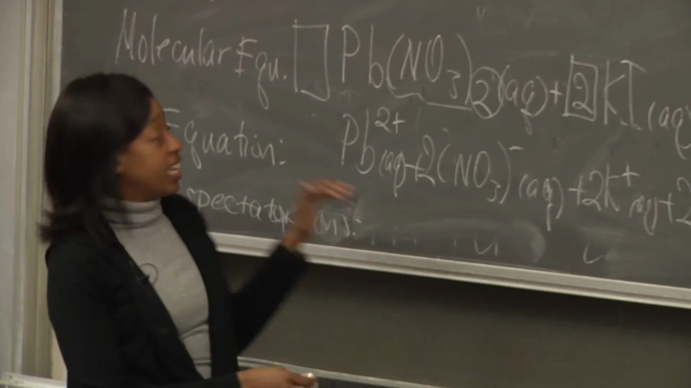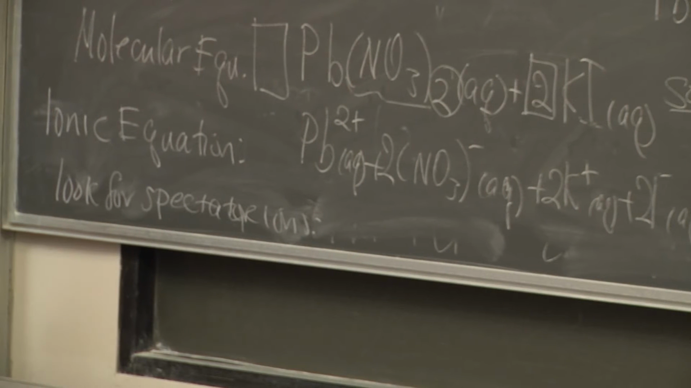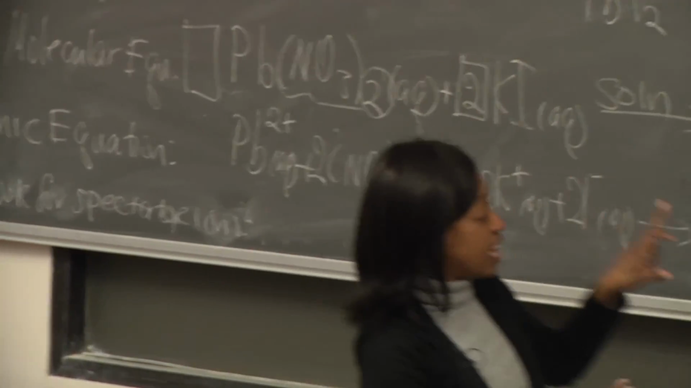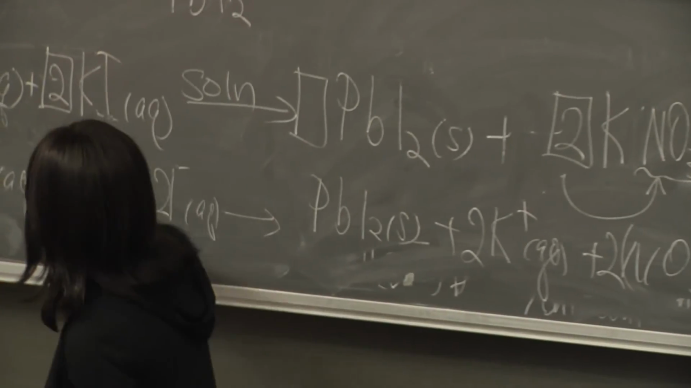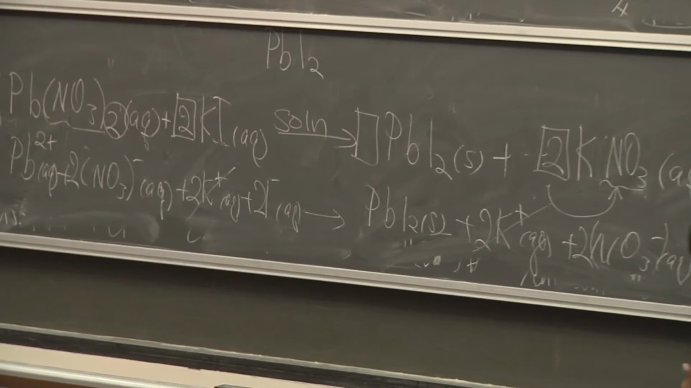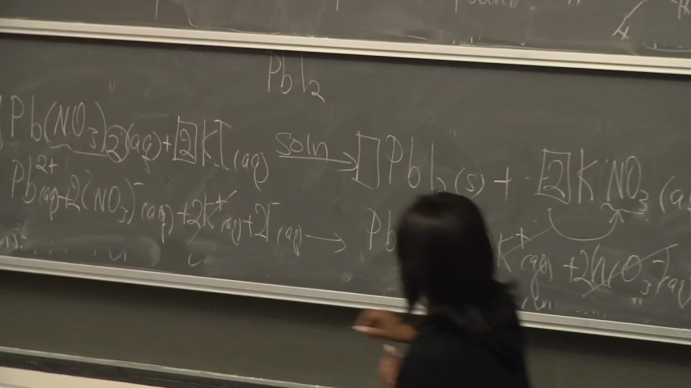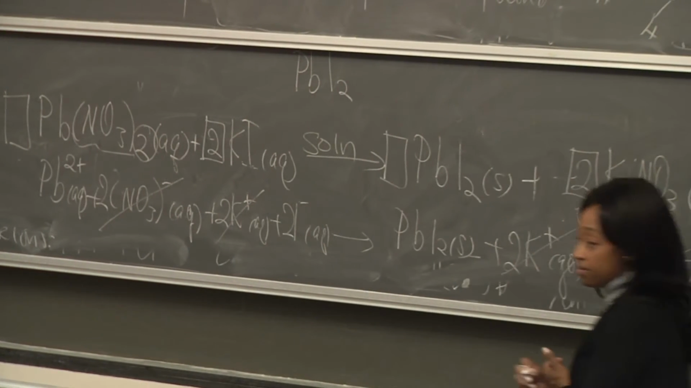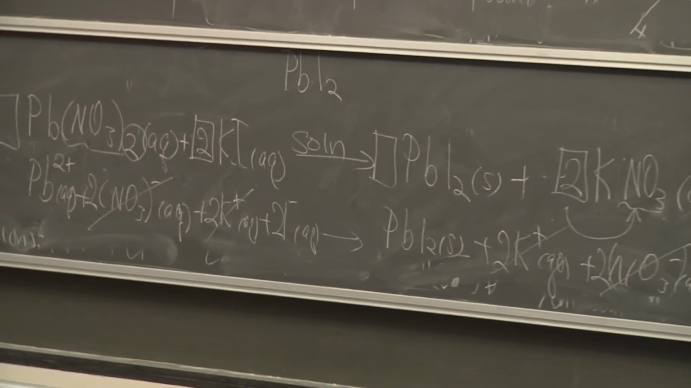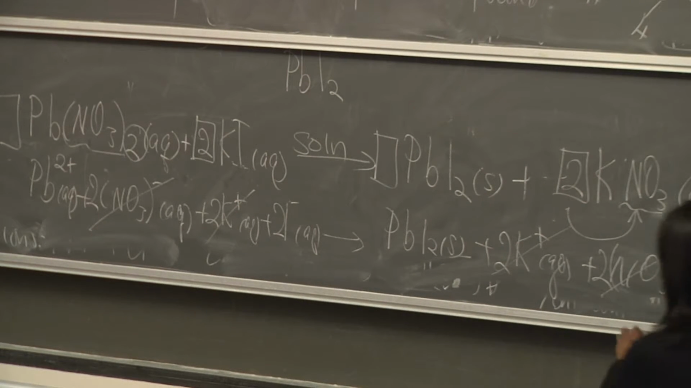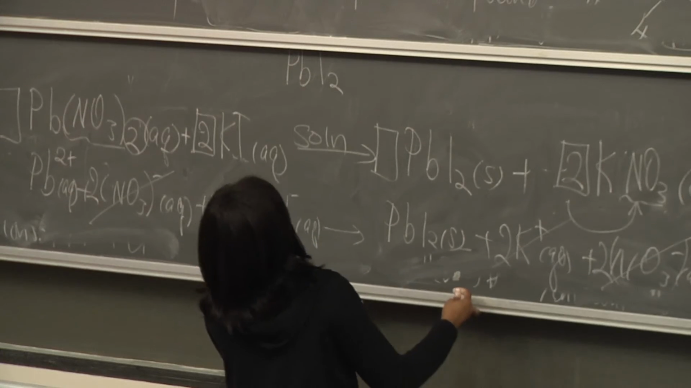So what would be a spectator ion in your ionic equation? Okay, so there's a 2K plus on this side and a 2K plus on this side. So those can drop out to 1. There's a 2NO3 on this side and a 2NO3 on this side. That can drop out to 1. Anything else? That's it. So now you're left with